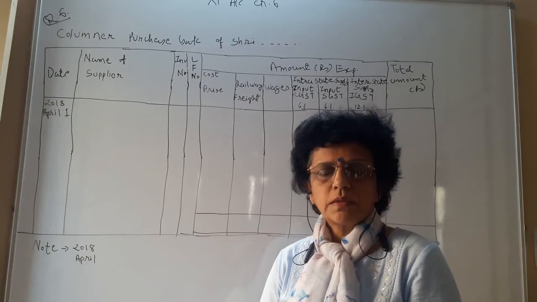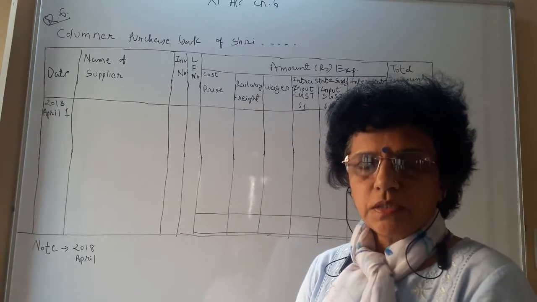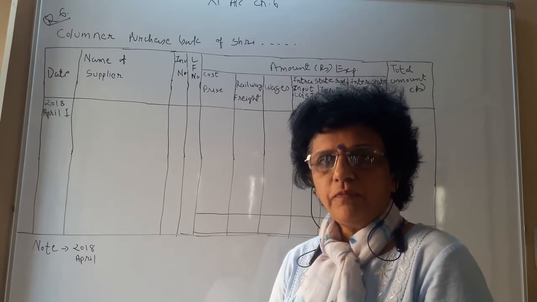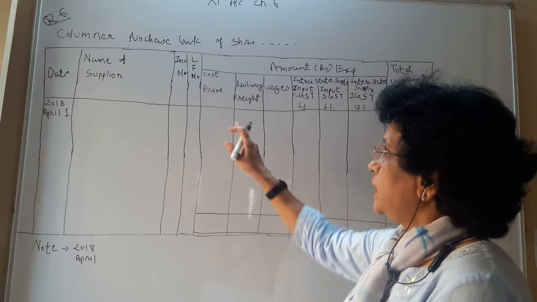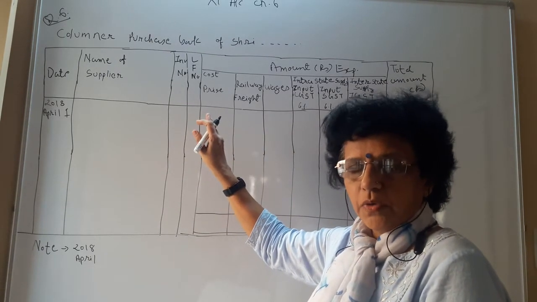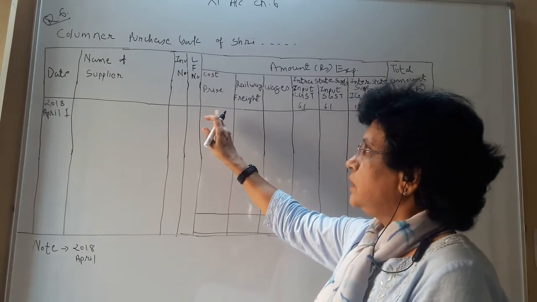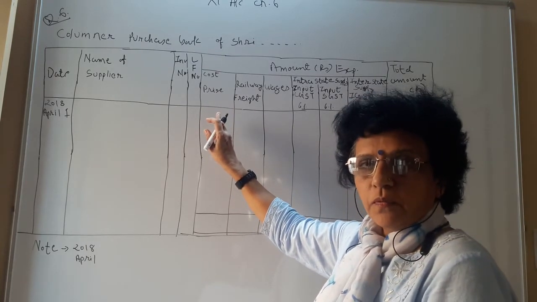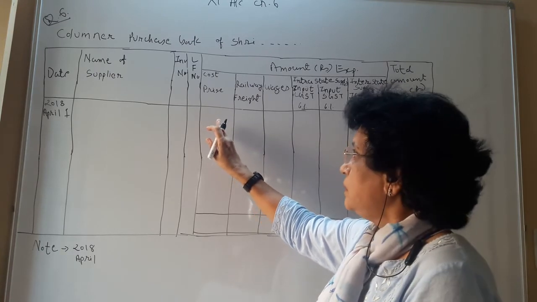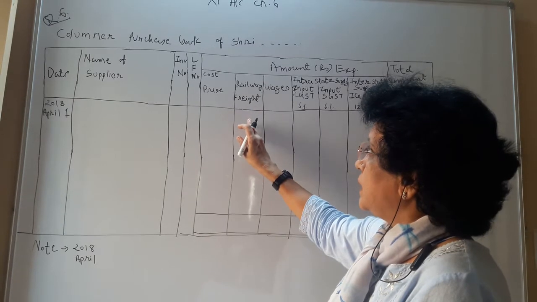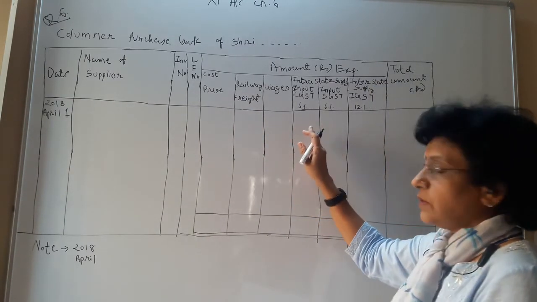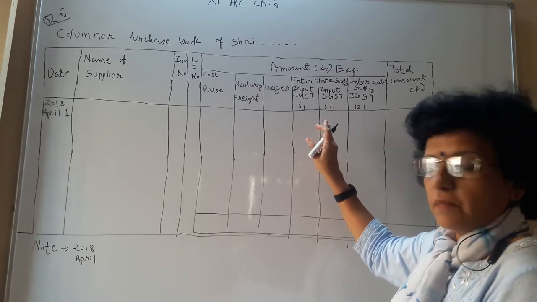Good morning, students. Now let us see the purchase book with expense wise columnar. In this type of purchase book, we are going to make the columns for expenses. As we purchase any product, we have one particular column for the cost price. We have to consider what the basic cost we have paid for the product. Here we have the railway freight, the wages, then the GST calculation also to be shown in our columnar purchase